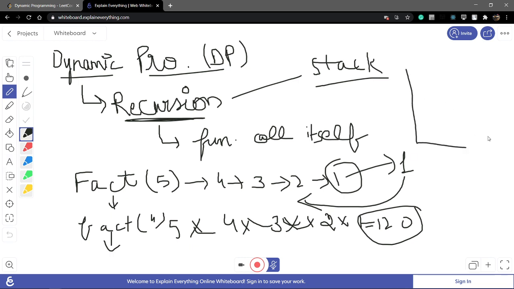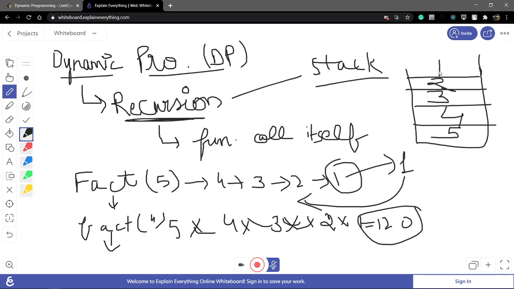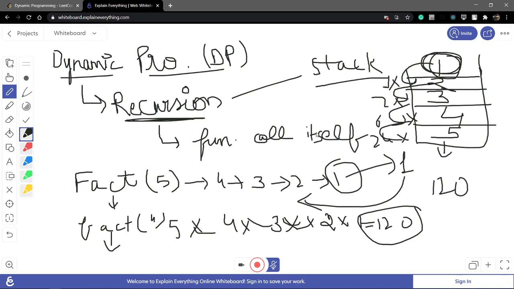And how do we use recursion? If we have a function, we call factorial of 5. Firstly find factorial of 4, then factorial of 3, then factorial of 2, then factorial of 1. After reaching the base condition, I have to return the value and apply the operations. Multiply 1 into 2, then 2 into 3, 6 into 4, and 24 into 5, and the result comes out as 120. They use a backend stack, and in recursion the function calls itself.